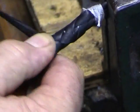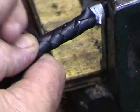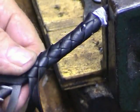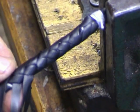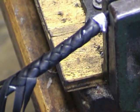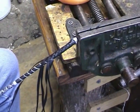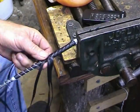I'm about to do a video just on plaiting, or a DVD just on plaiting. I've yet to do it, but when I do, of course a lot of people think plaiting a whip is really easy and anyone can do it, and then all of a sudden they get all the gear together and then remember that they can't plait. So it's a good idea to know how to plait first. If you want to learn how to plait,